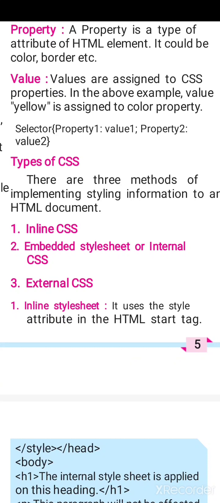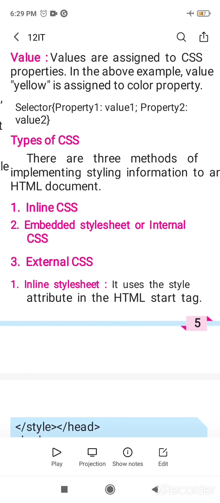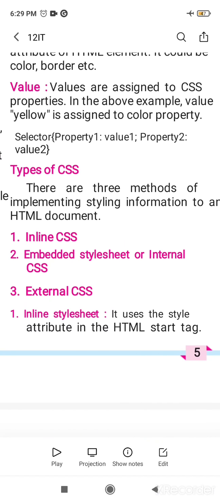Inside the curly braces, property 1 colon value 1, where value 1 is the respective content for property 1, semicolon, property 2 colon value 2.